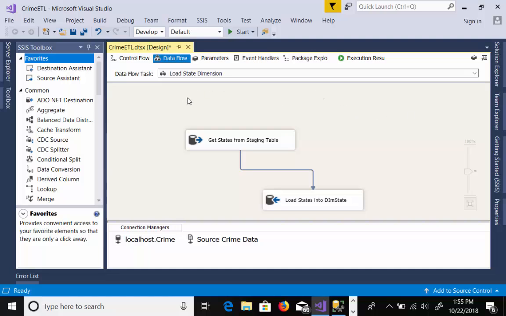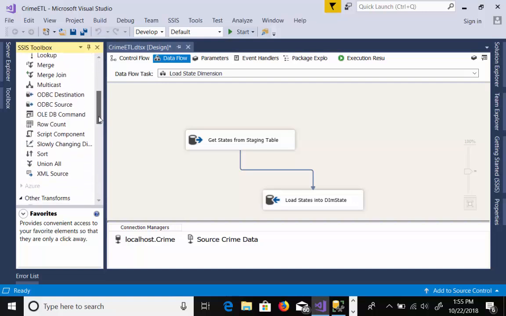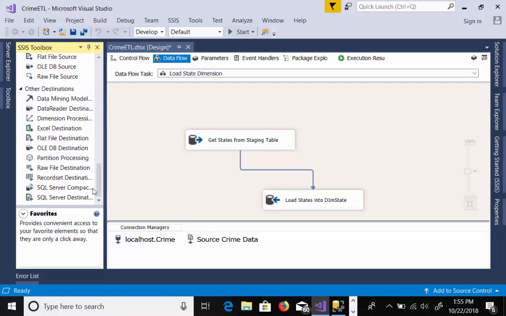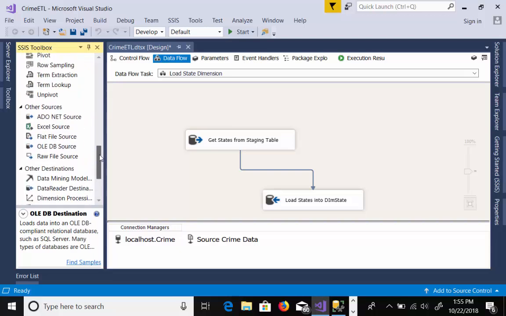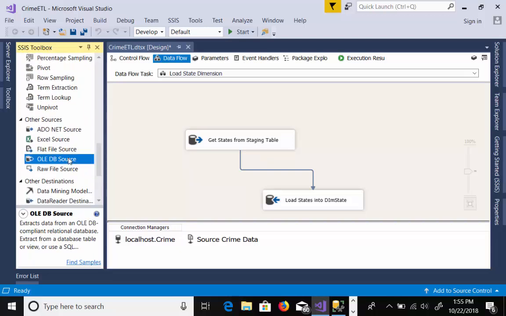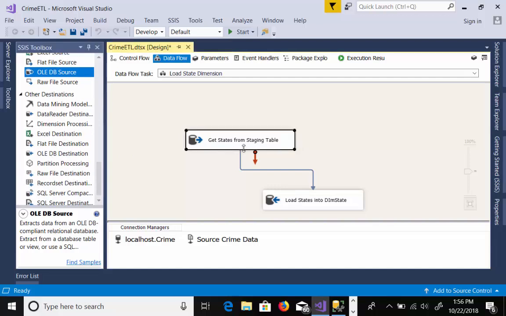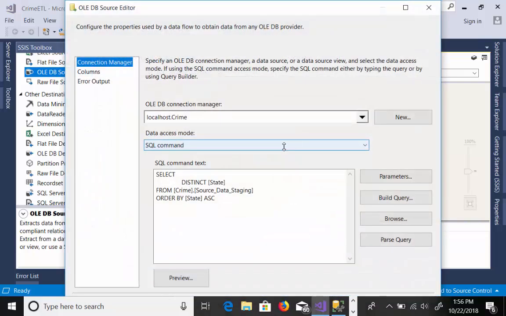Now on this data flow task, I've just dragged two objects onto the design palette. I dragged the OLEDB data source right here. Oh, that's the destination, sorry. I dragged the source first. So the OLEDB source. And then I dragged the OLEDB destination right below it, and then I just connected this to that. So all I did here on the staging table